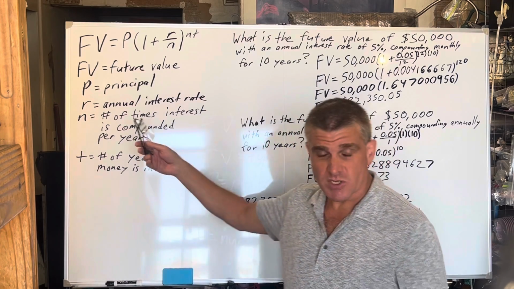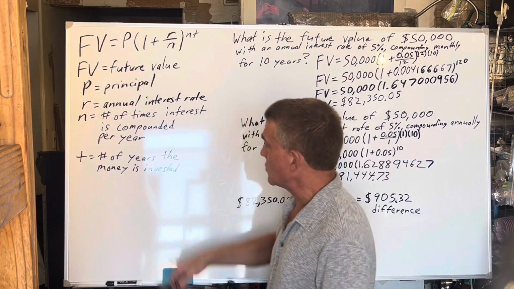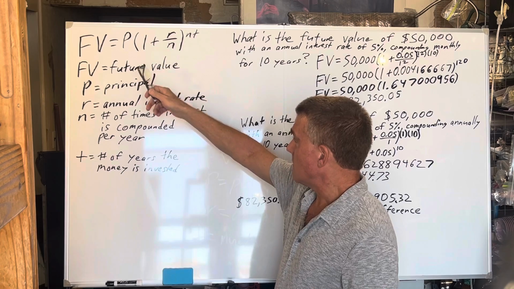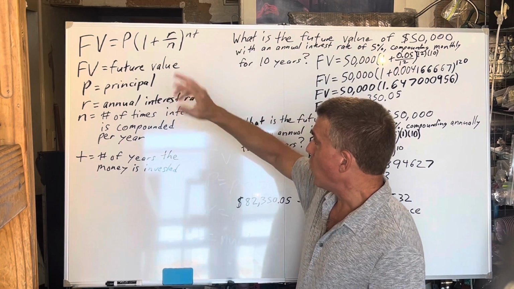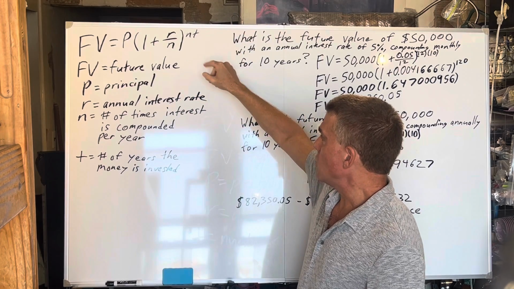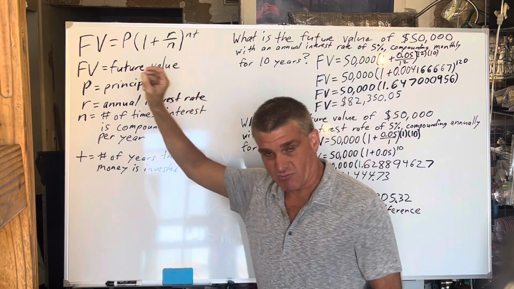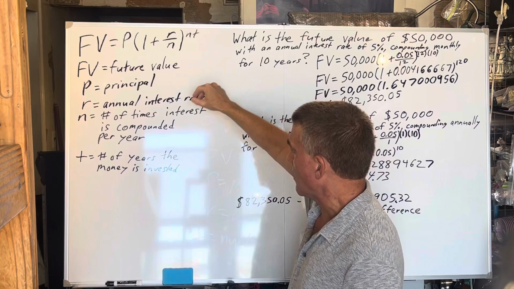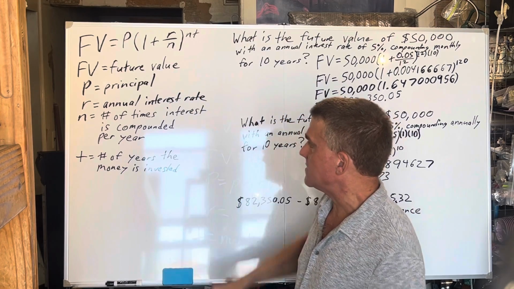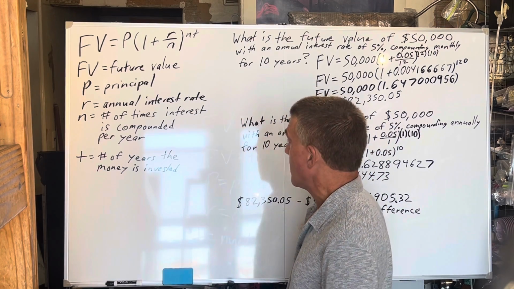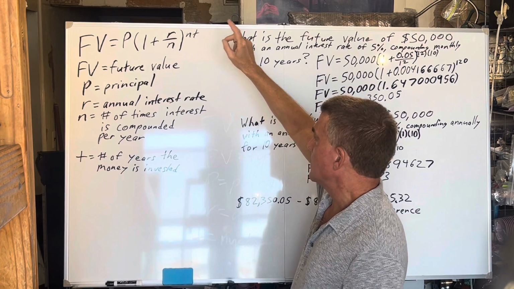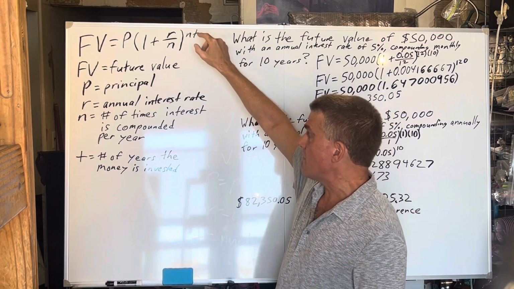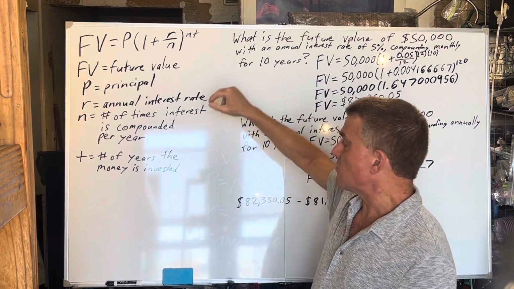So, what is the formula for the future value of money? The future value equals the principal, the amount invested, times 1 plus the annual rate, the annual interest rate expressed in nominal form, as a decimal, divided by the number of times the interest is compounded per year, close parentheses, to the exponent, the number of times the interest is compounded per year, times the number of years the